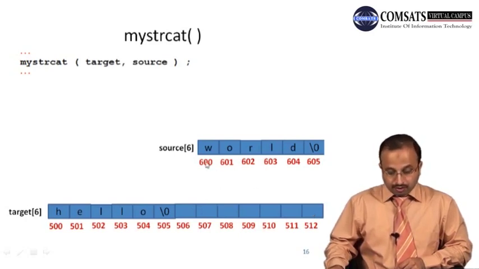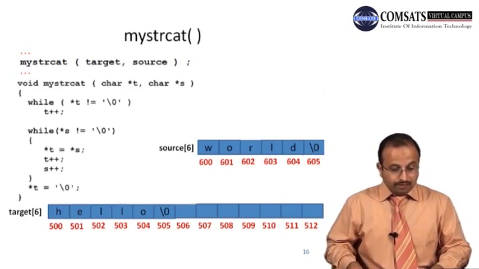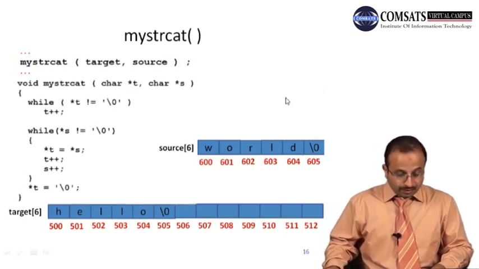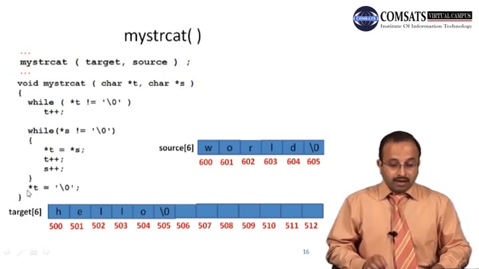Memory allocated for source is 1, 2, 3, 4, 5, 6. So the size of this string is 6 and the string length of this string is 5. Okay, now let's see the strcat function. So you can see, you are familiar with this second while loop. The second while loop is the same, ditto the same as we have used in my string copy function,